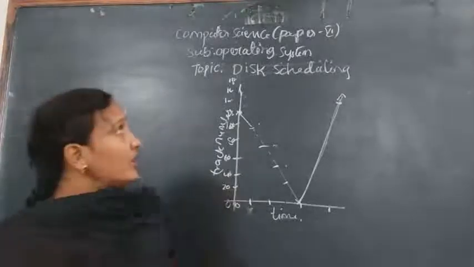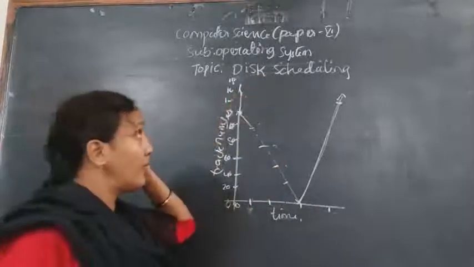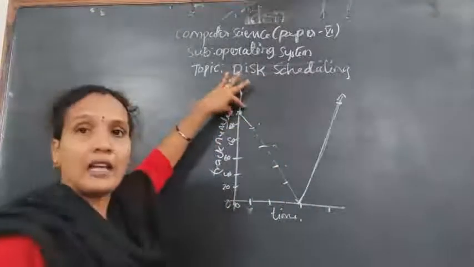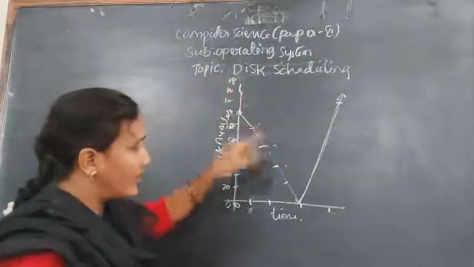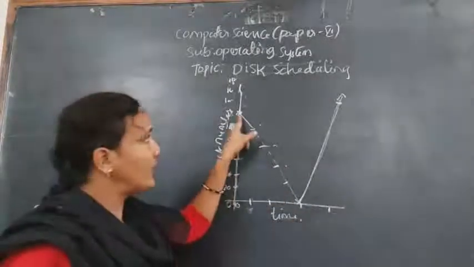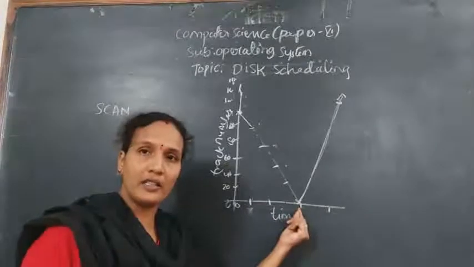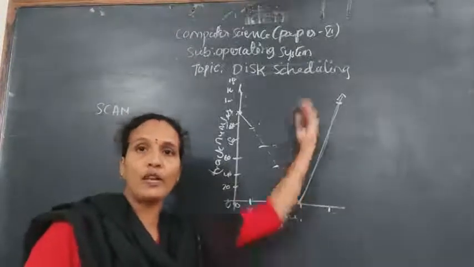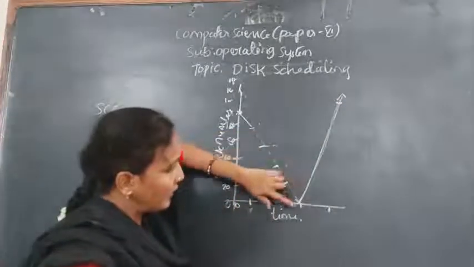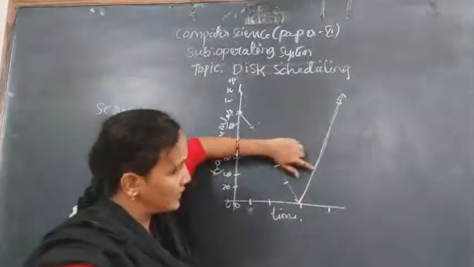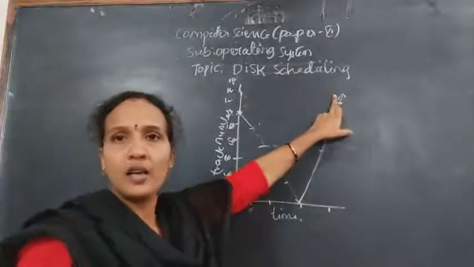Clear? In this, only one point is there. It will start at one end. For example, right now we are at track 100, and whatever requests are there from 100 down to 0, all the requests are serviced. Again when it reaches 0, it will move in the reverse direction, from 0 to the last one. Between these, whatever requests are there will be serviced, and it will move to the other end.